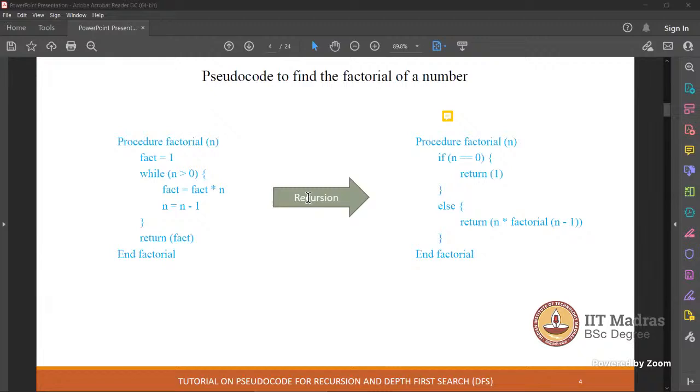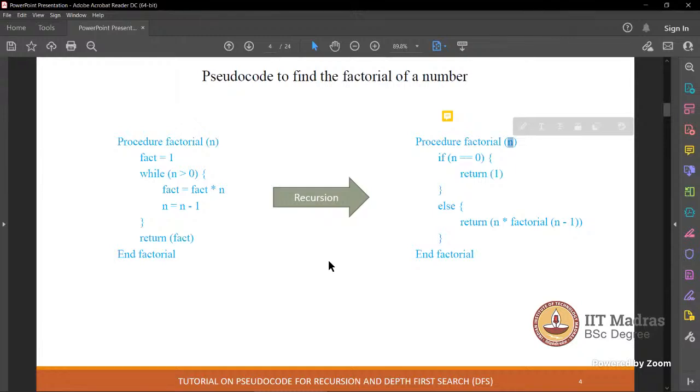Sir, here in the right code procedure, if the user mistakenly passes a negative value of n, say instead of 5 he passes -5, this code still works. You tell me, what is factorial of -5 mathematically? It does not exist, sir. Exactly, so the code should not work, right? In this case, it will go into an infinite loop, I agree.